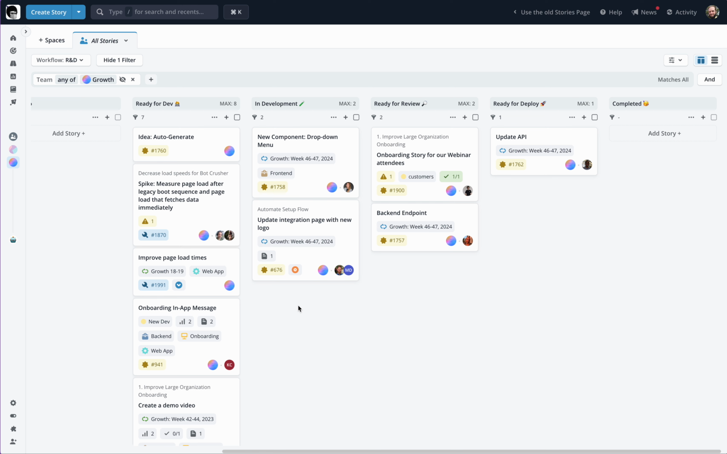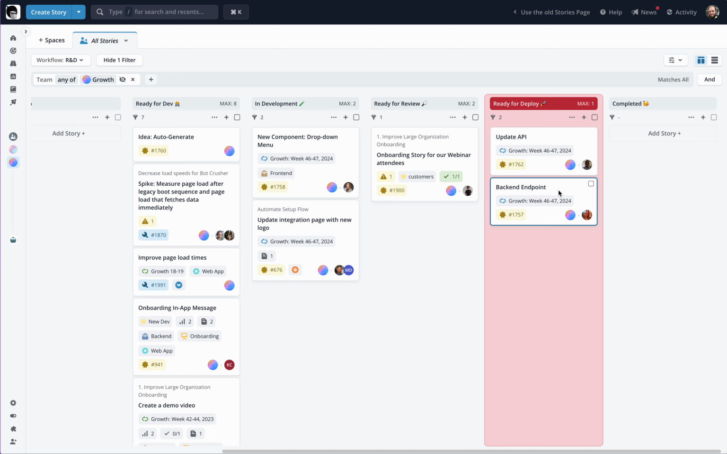This backend endpoint story has had its review and it's ready for deploy, so we move it into the ready for deploy state. But we see that we've now exceeded our maximum of 1 story for the work in progress limit for this